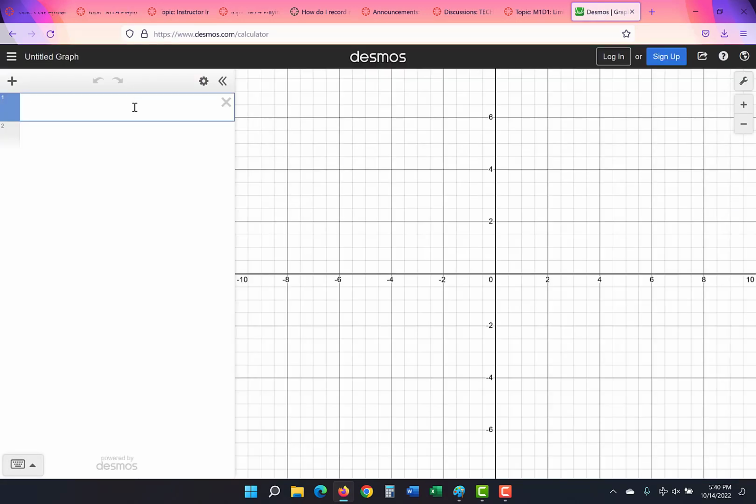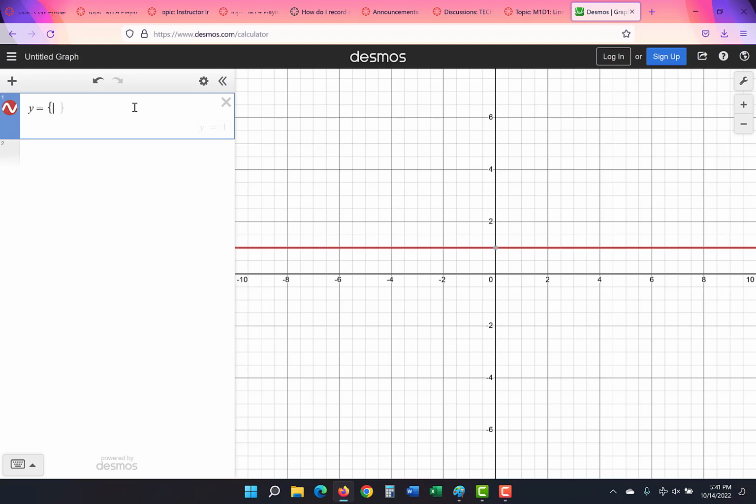And normally, you just graph something like y equals x squared and you get a beautiful parabola. But what we want to do is something a little bit more advanced. We want to graph a piecewise function. And the syntax for that is y equals curly brackets. And the first condition is that x is less than 1. And when x is less than 1, I want to look at the polynomial 2x cubed,